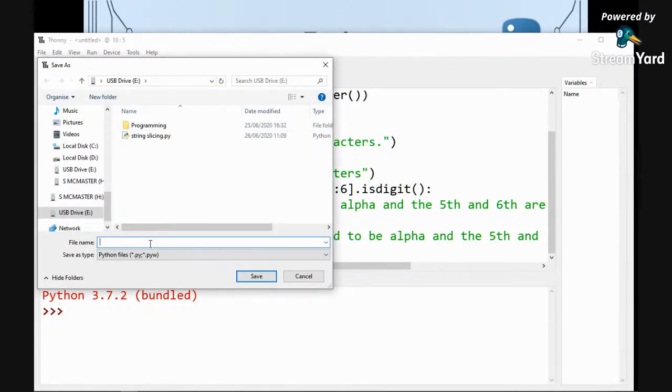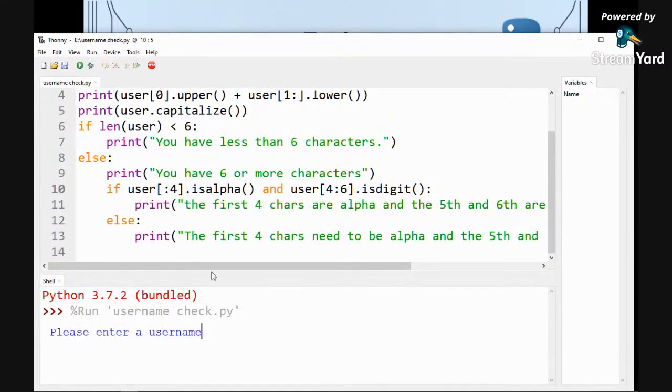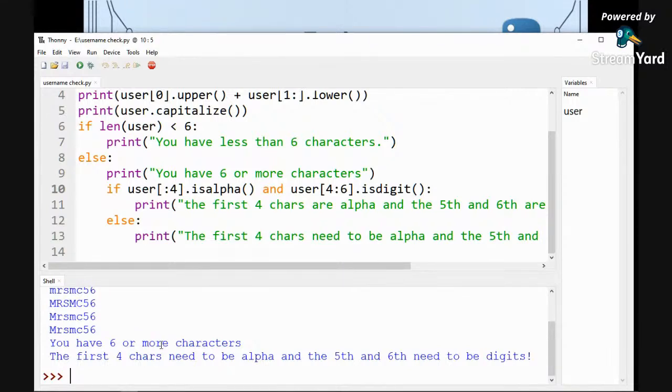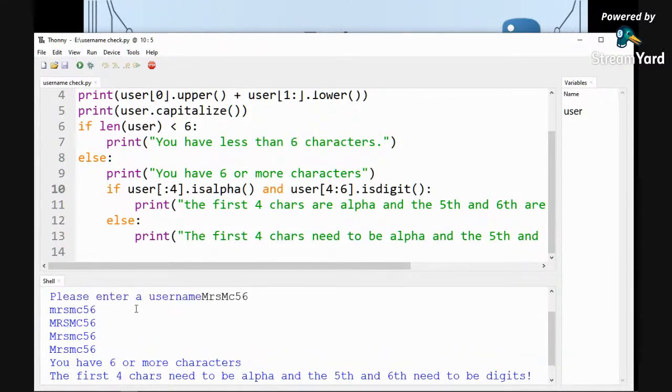This is the username check, right? Please enter a username, Mrs. Muck 56, right? You have 6 or more characters. The first 4 chars need to be alpha, and the 5th and 6th need to be digits. So, and it has returned as well the Mrs. Muck